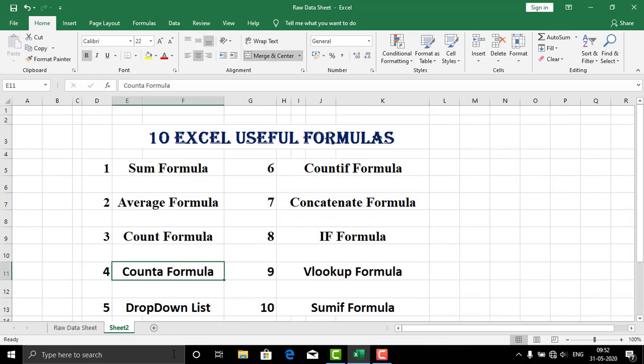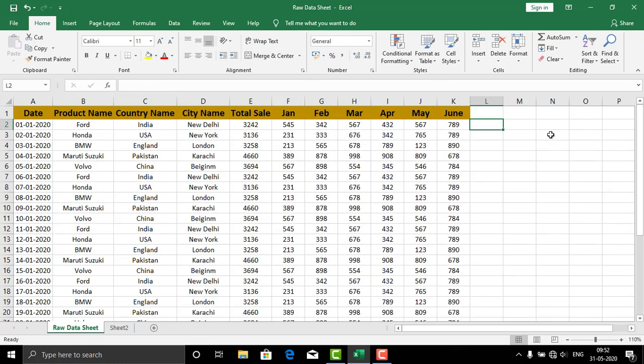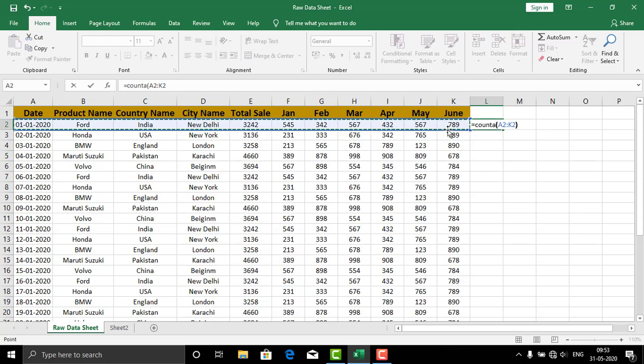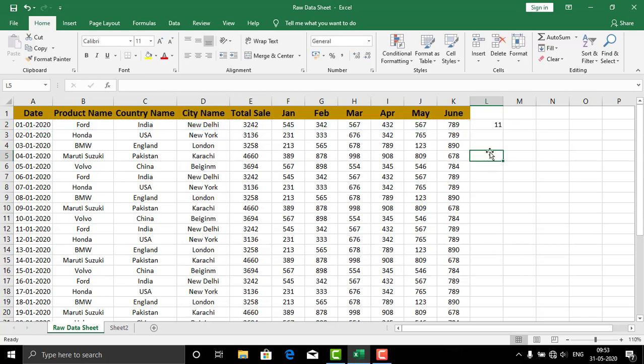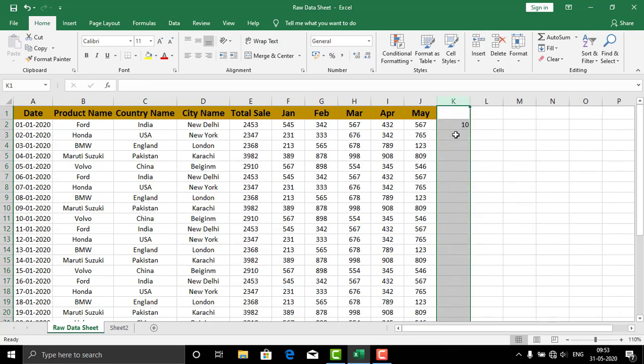And the next is COUNTA, a very important formula again. Equals COUNTA, open the bracket, and it says count the number of cells in a range that are not empty. Now in this range we want to find the cells which are not empty. So again select the range, then close the bracket. There are 11 cells in this range which are not empty. For example, if I select one over here and delete it, the result is now 10 cells in this range that are not empty. Now I press Ctrl Z to go back. So that's the COUNTA formula for you.